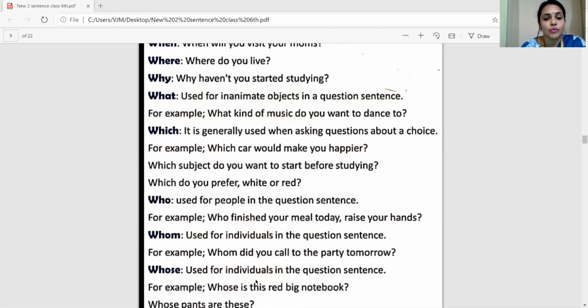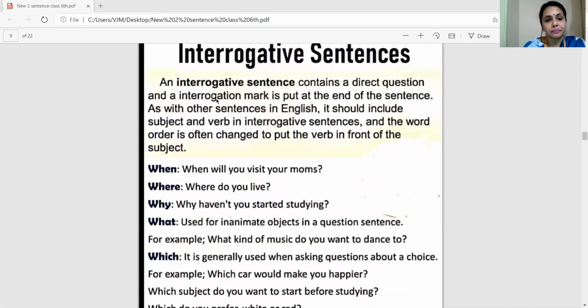Whose is also used for individuals in a question sentence. For example, whose is this red big notebook? Whom did you call the party tomorrow? Clear? So the framing of the sentence is like